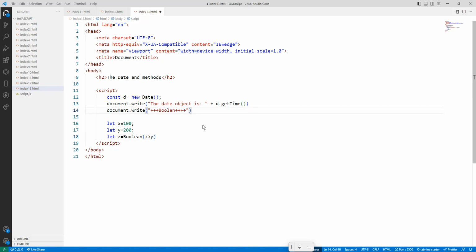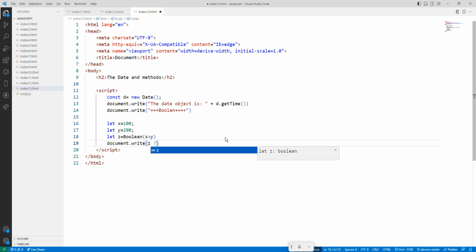So what is the condition? Boolean is one condition, so it is going to check whether x is greater than y. x greater than y means x has a greater value than y. Here x is 100, y is 200. It means x is not greater than y. So here it will be false. If you just print document.write(z), Control S,